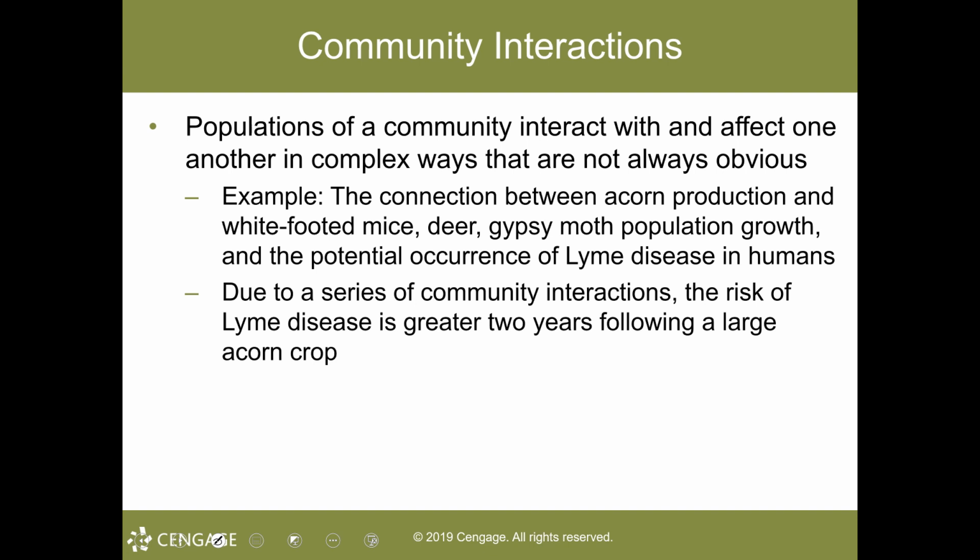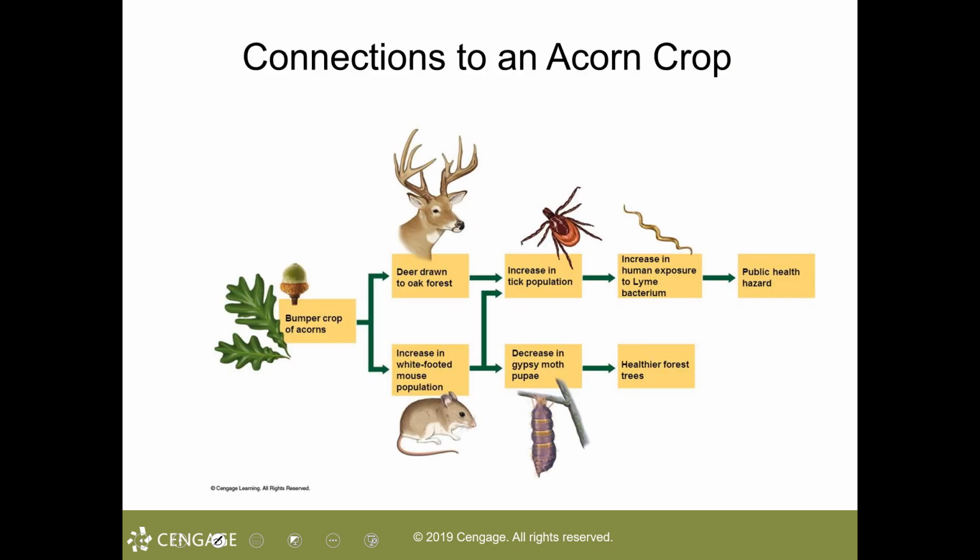So within which, class, it's the communities that interact and have those complex, and often those interactions are not readily apparent. So populations of a community, as they interact with and affect one another, those ways may not be easily seen, class, such as the connection between acorn production, the white-footed mouse, the deer, and the gypsy moth production. For instance, when there is a bumper crop of acorns, class, it may also, of course, have the deer drawn